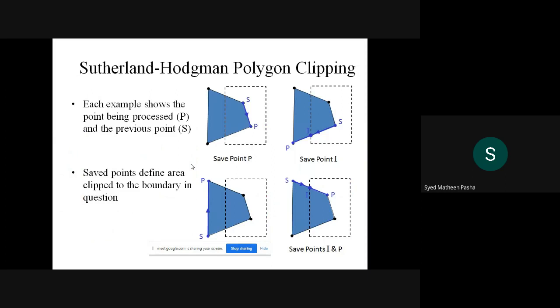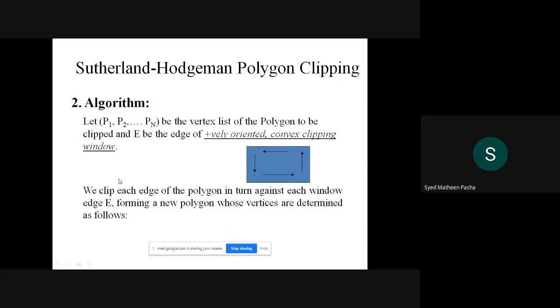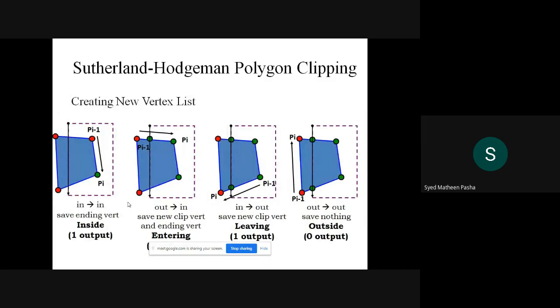polygon, then we'll check some of the points which need to be saved with respect to each clipping. Then I can tell this algorithm is, you need to just remember 2 points. You are assuming some points with respect to some edge, then you'll start clipping those points with respect to each edge. After that, you need to remember the 4 cases. Once you have theoretically written the 4 cases, you should represent it diagrammatically.